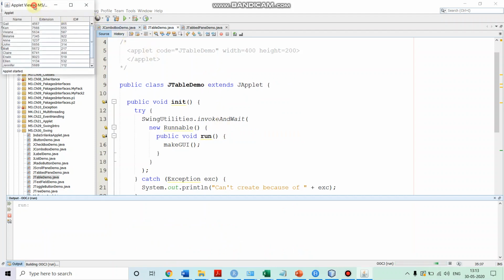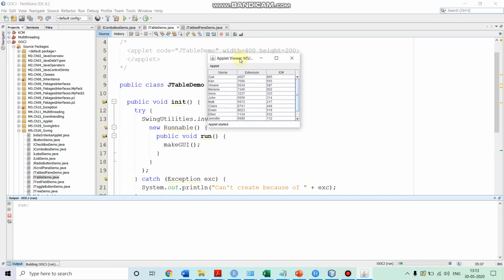So we run it over here. We have the table, and it is scrollable. It has 3 columns: name, extension, ID, and these values are there.